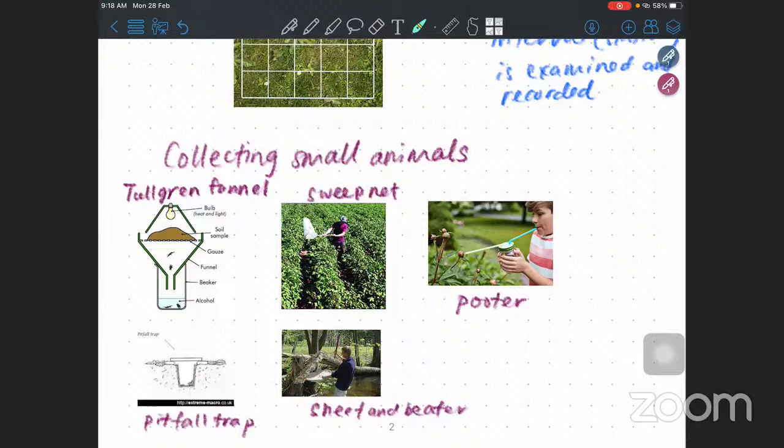And then an interesting one will be the pooter. A pooter is a collecting jar. Okay, this is the person's mouth. I'll make the drawing. This is the tube from the mouth going into the jar, and here you have a cloth to cover, and then you have another tube, which you may use to point to the